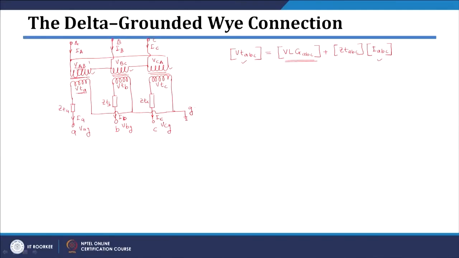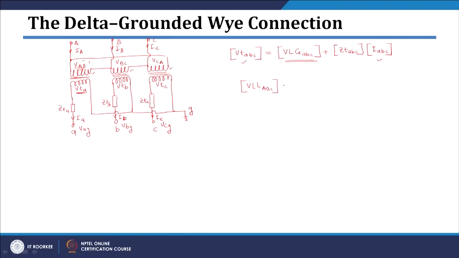And then one more equation I can write, which relates your primary winding voltages with respect to secondary winding voltages. So VTA and VAB will be just related by your turns ratio. Means I can easily write VLL, because now these voltages are line to line voltages, VLL ABC, which is basically VAB, VBC and VCA on primary